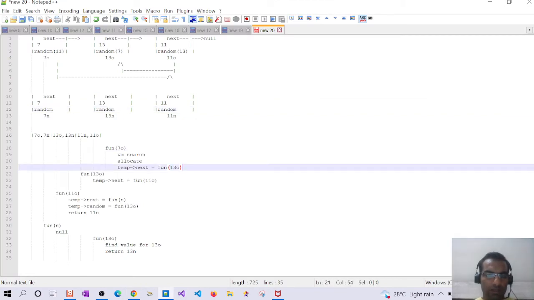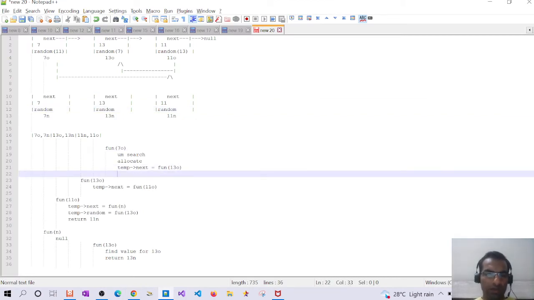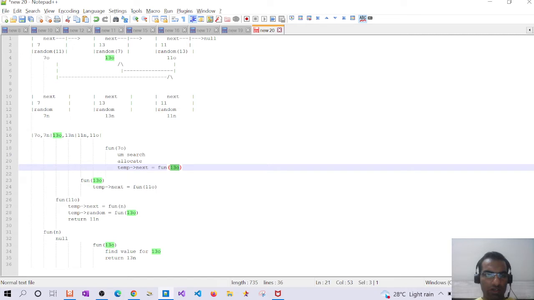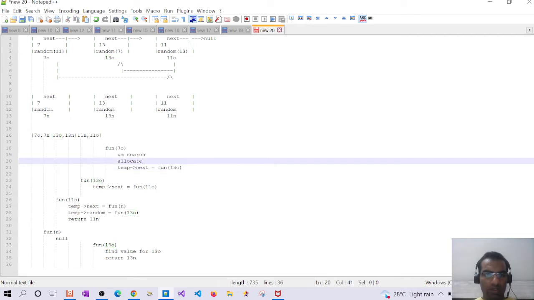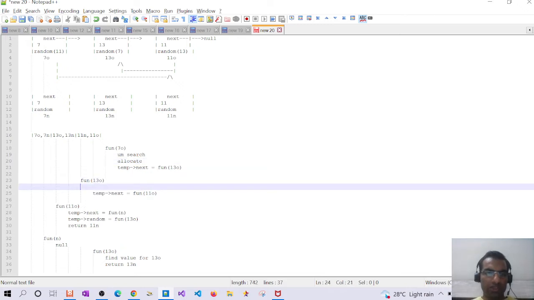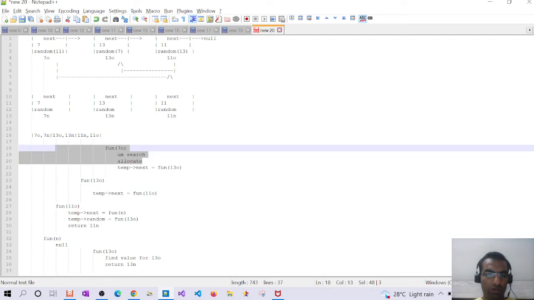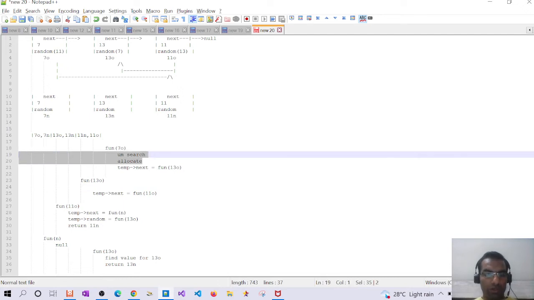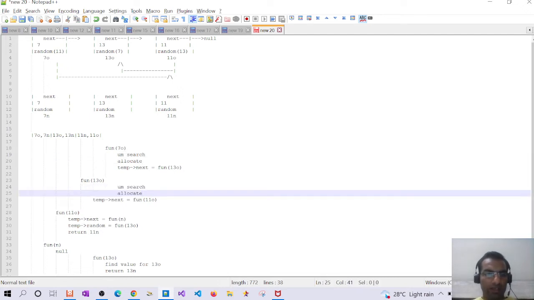And then after allocating it, we will be calling the next, that is next of the current node, into the recursive function. So I'm just calling 13O, because next is 13O. So it goes to 13O, then again it searches whether I can find 13O in the linked list or in the unordered map or not. So it doesn't find it, and then again it creates